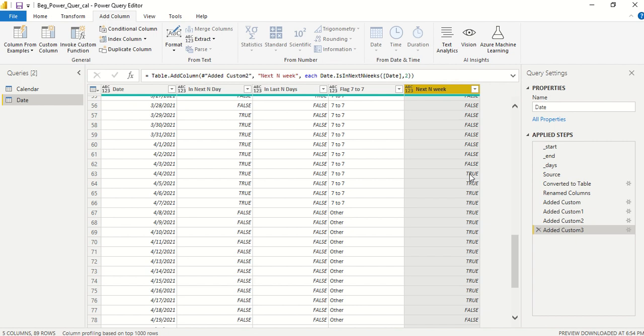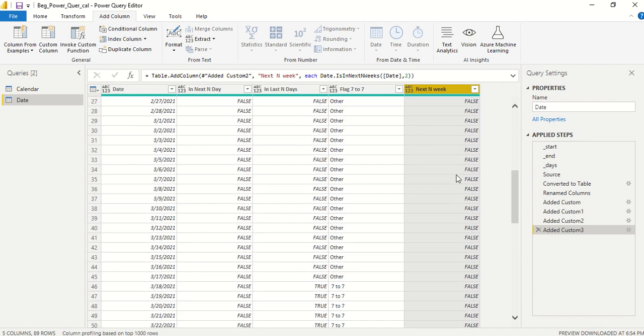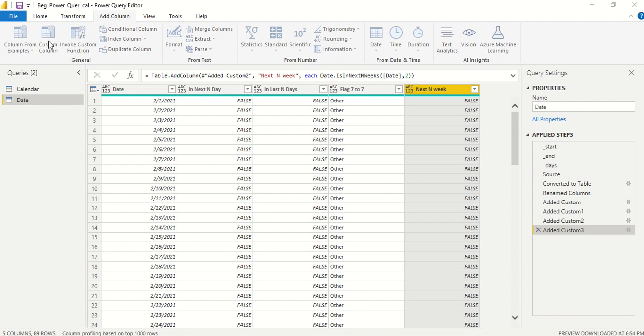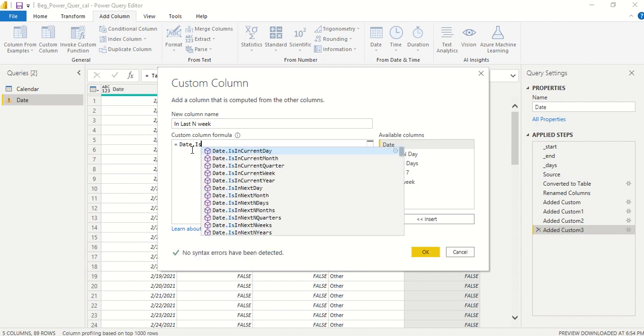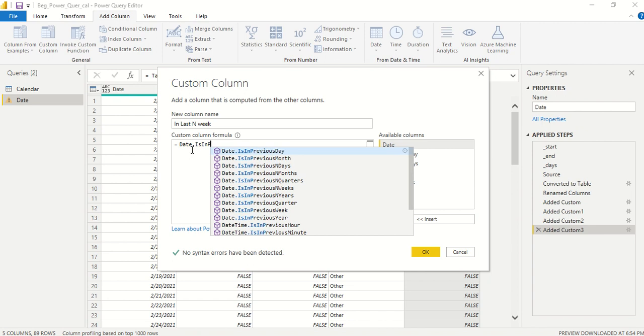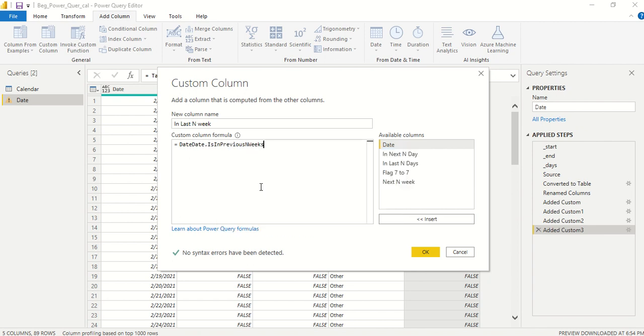Now I'm going to try out the last couple of weeks, and it's going to leave this week of data out. So let's add previous weeks, in last n weeks. Let's say Date.IsInPreviousNWeeks.